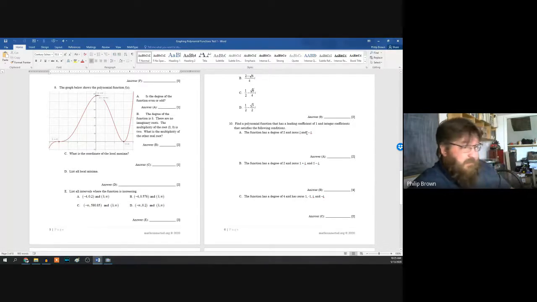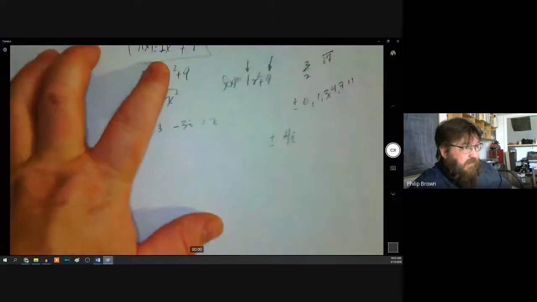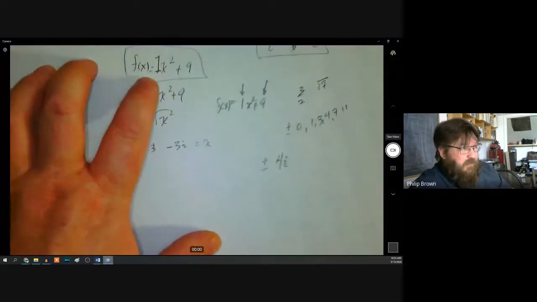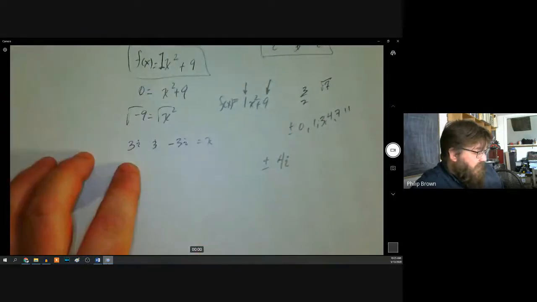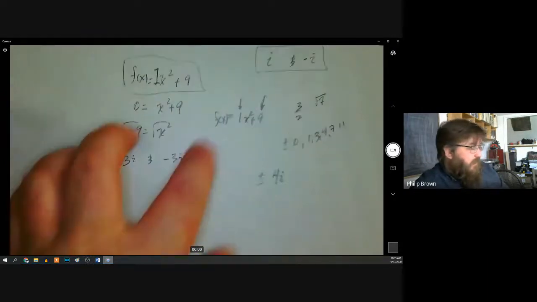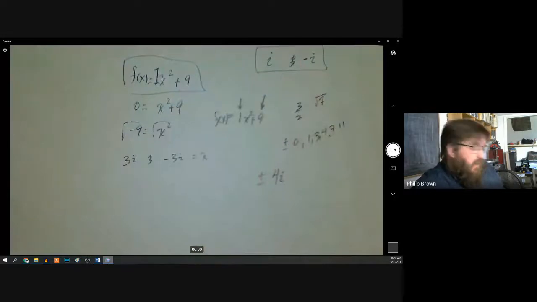So we did one. We did an example where we had a leading coefficient of 1, degree of 2, but the solutions were 3i and negative 3i instead of plus and minus i. Right? So what if